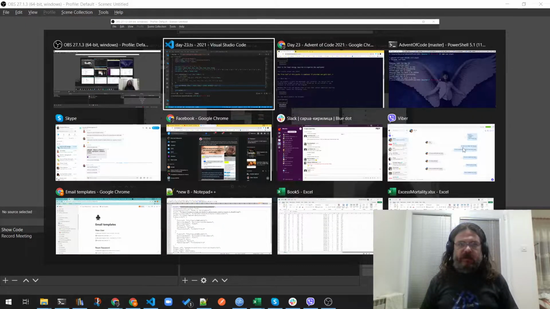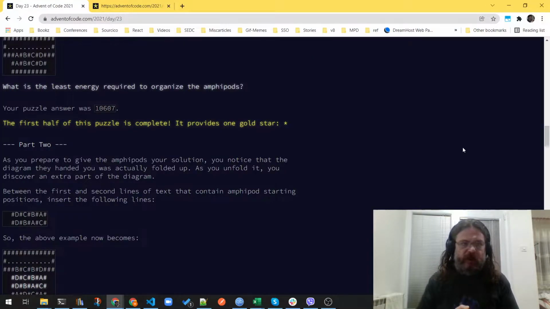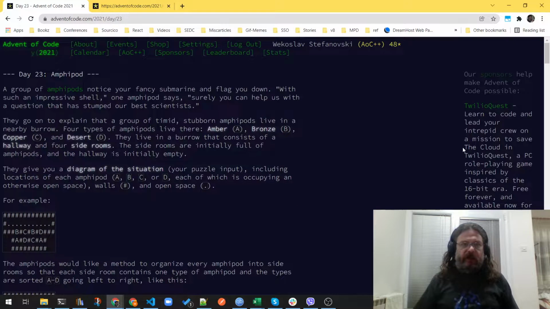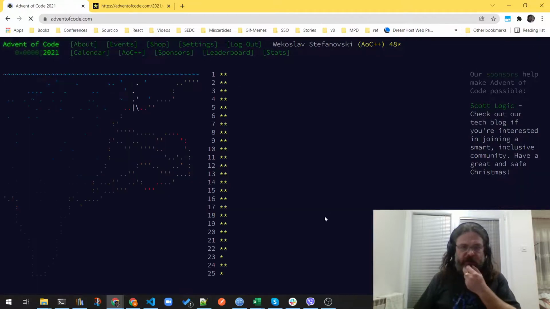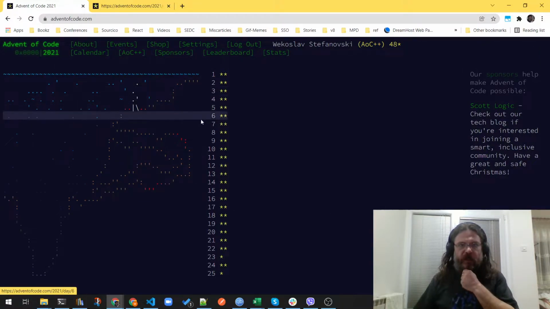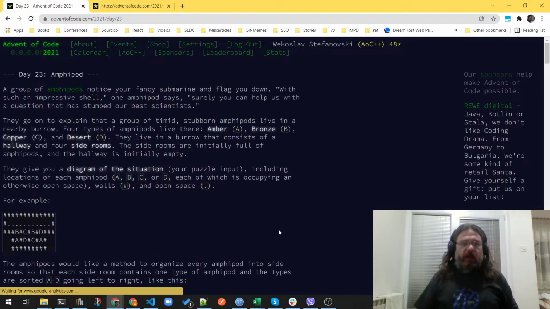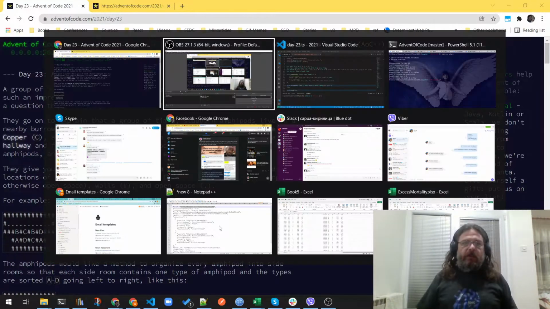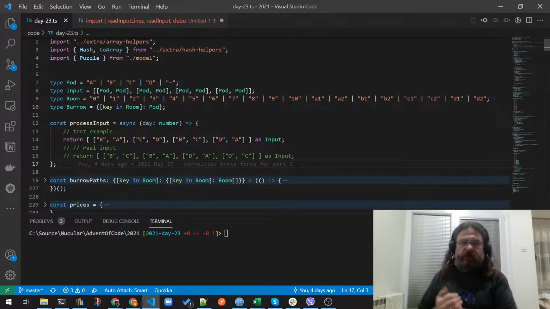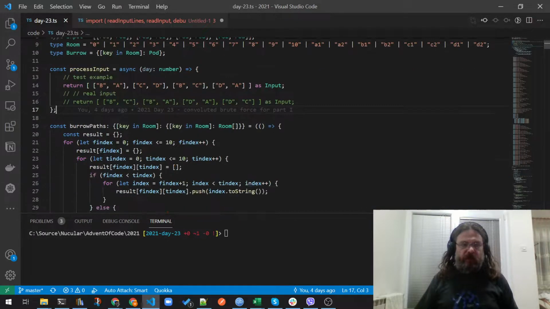So we're gonna be taking on the second part of task 23 of 2021's Advent of Code, and that's the last task that I need to do because everything else is done. So if you just watched the first part, you might be aware that I created the world's ugliest code in order to do that,